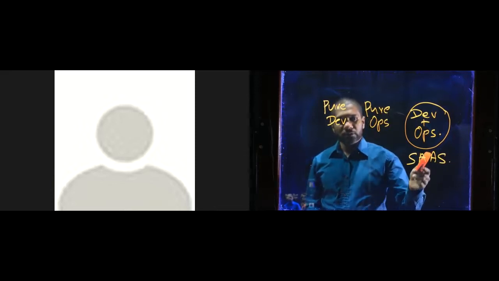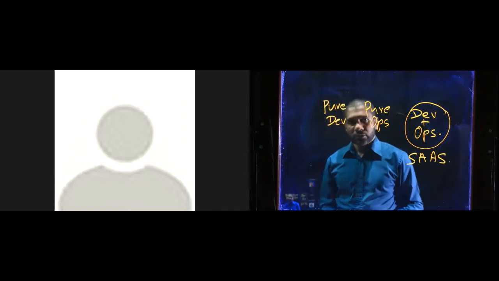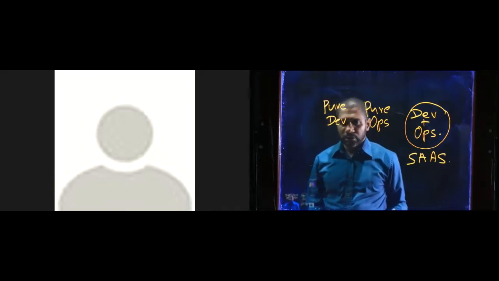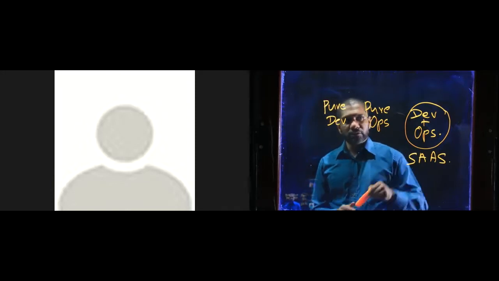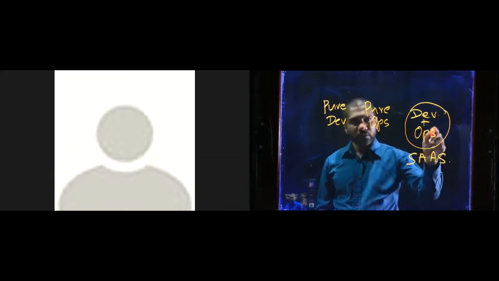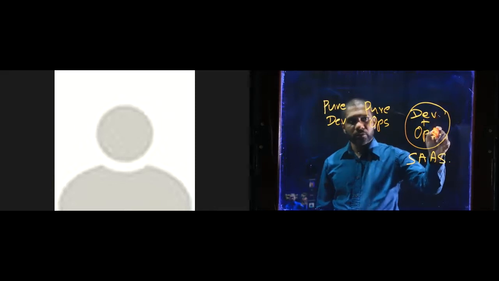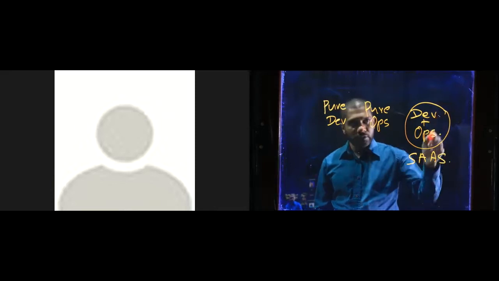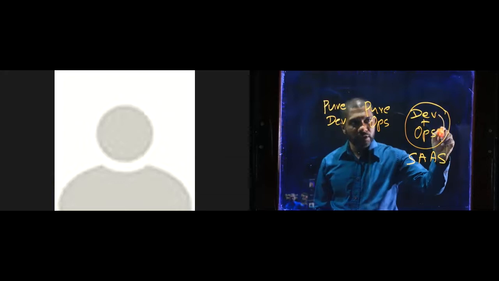Once you offer your software as a service, you are not only responsible for development. Development is just one part of it. Once you develop the software, you put it in operations, and that's not the end of the story. This is actually a cycle.